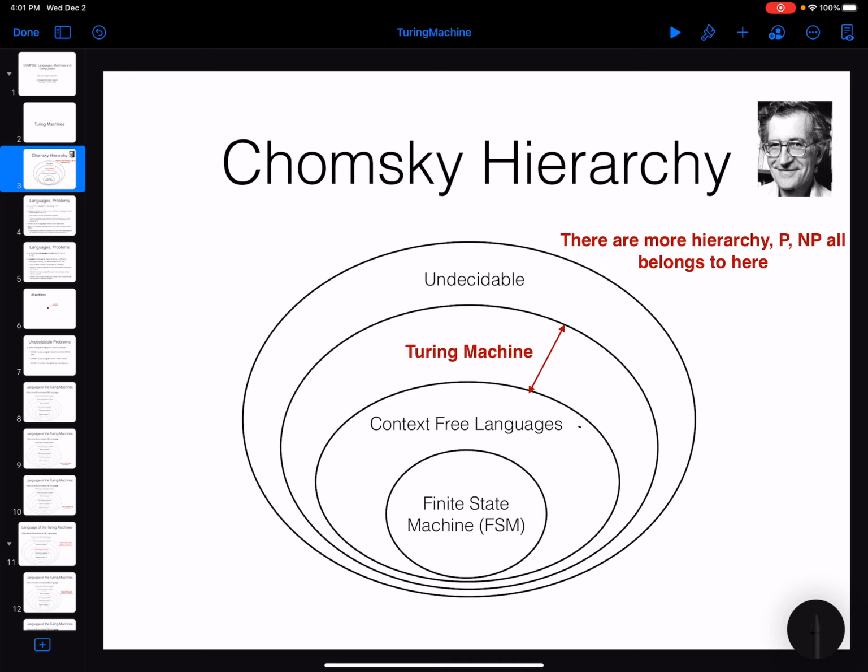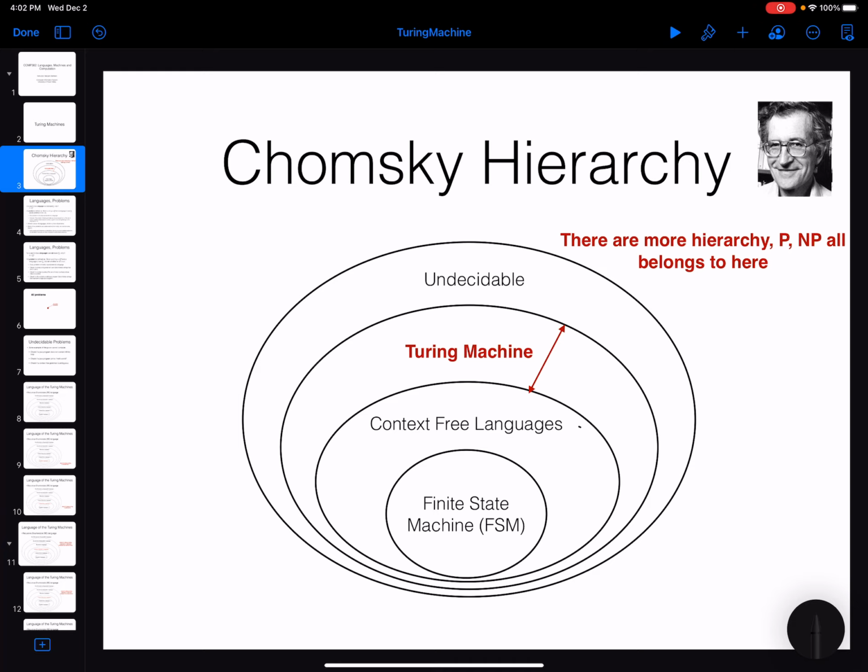Here I'm going to emphasize the fact that the Turing machine is going to cover basically all the problems that we can solve, and there is another set of problems that we call undecidable. The reason is that we cannot write an algorithm that can solve them. But I'm going to go back and talk a little bit about undecidable and decidable problems,